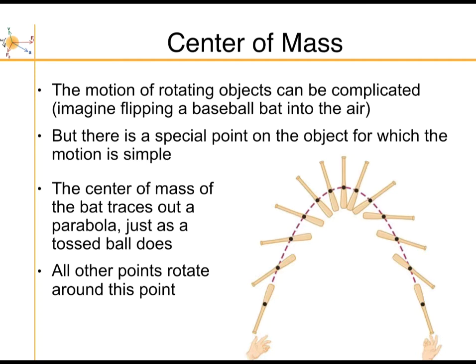In this example here, the motion of this point is just a simple parabola, which is what we saw for regular projectile motion. But the motion of the outside of the bat is different. It's very weird. But this little point here is the center of mass of the bat. Included in the notes for this video are also some video examples of objects being thrown with their centers of mass indicated. So the center of mass traces out a parabola just like a ball, and the other points all